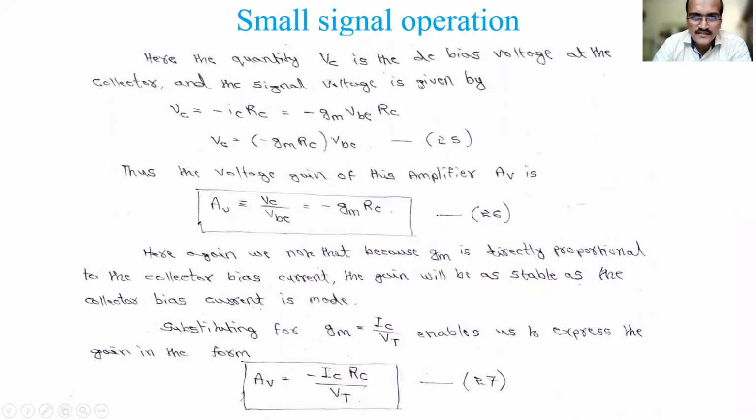Because while explaining the things it is written. When I say signal voltage, it is understood that this is small and this is small. When I say DC bias voltage, it is understood that this is capital and this is capital. Only remember the three terms: instantaneous, DC voltage, and the signal. The signal component will have letter as well as subscript small. You can note down somewhere. Instantaneous will have the letter small, subscript capital, and for DC both letter as well as subscript capital. If you remember these three, then anything you can do easily.